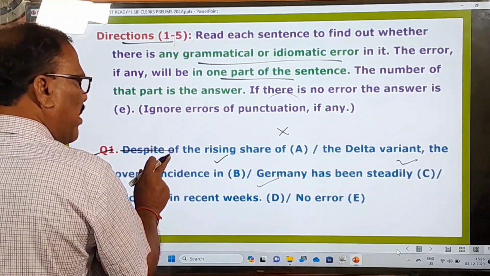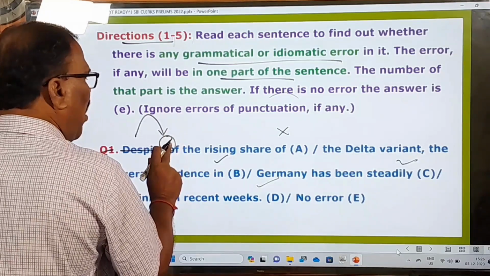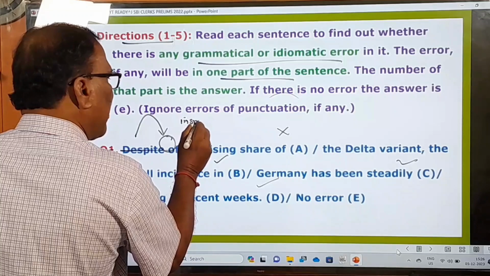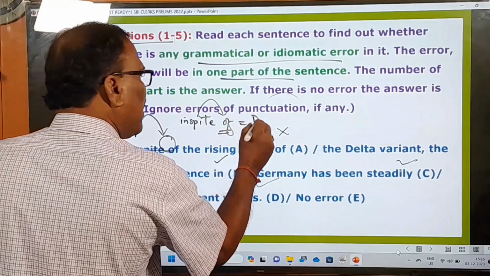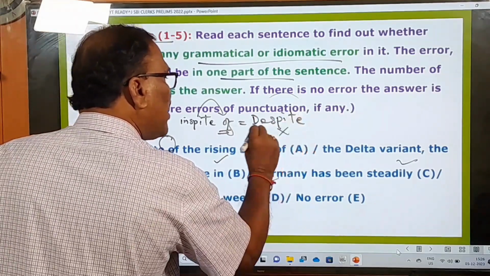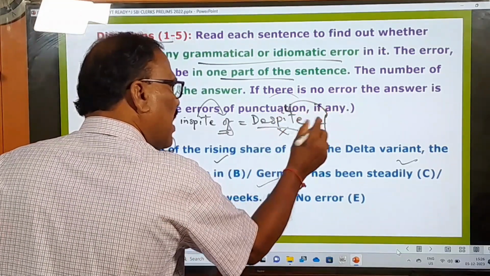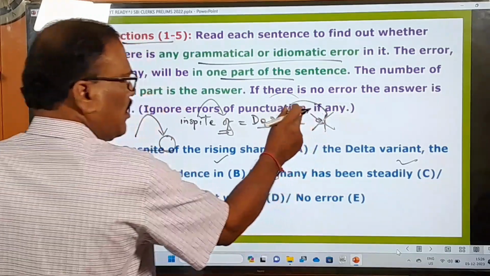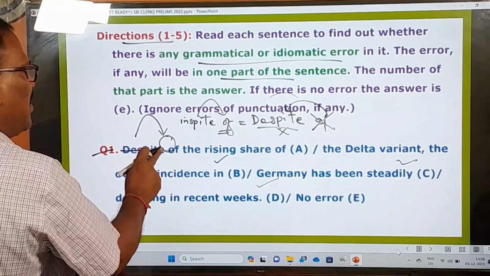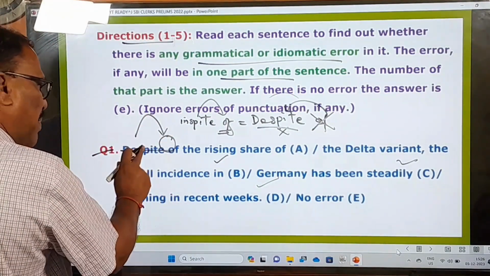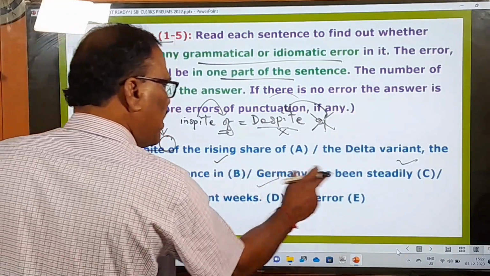It's a grammatical error because despite is not followed by the preposition of. In spite of is there, all of you know very well. In spite of takes this preposition of, but in spite of means despite. Despite does not take any of after it because the of is already included in in spite of, and therefore we don't use of after despite. So here despite of is a grammatical error. You have to say: despite the rising share of the Delta variant, the overall incidence in Germany has been steadily